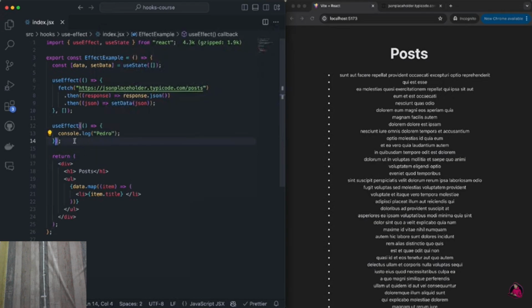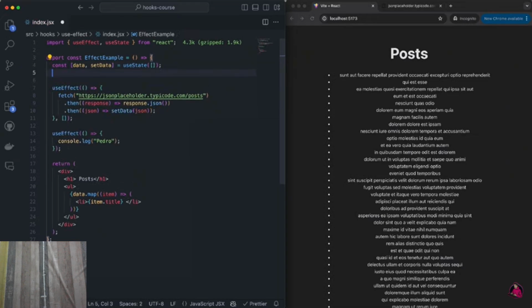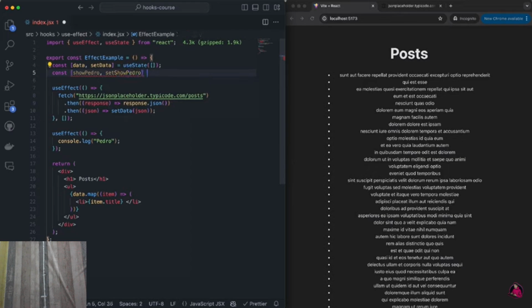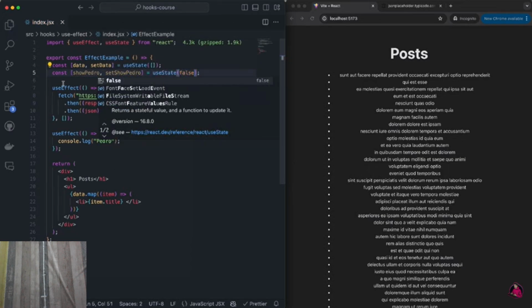Well, I want to console log the name Pedro every time another state changes. Let's create another state over here. Let's call it something along the lines of show Pedro and set show Pedro. This will be a Boolean, so it will start as false, but it doesn't really matter